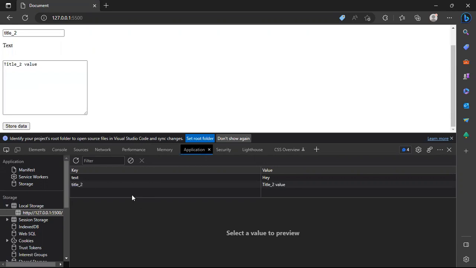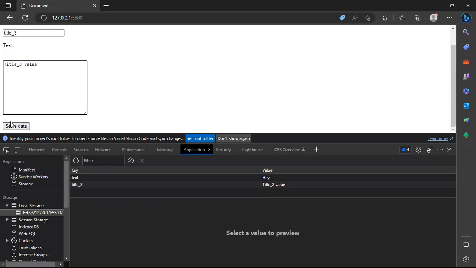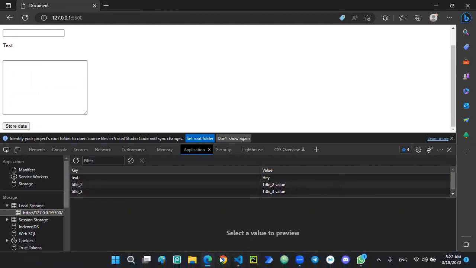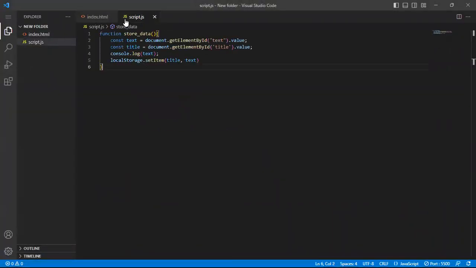Then save data, and title 2 value. Send this to title 3, and store data. And when we refresh, you can see. So I want to refresh. When I refresh, it will print